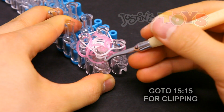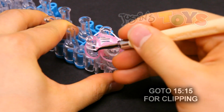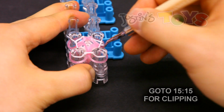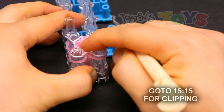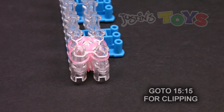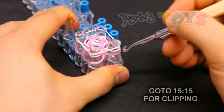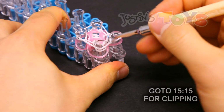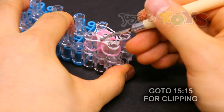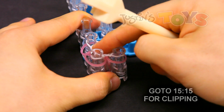1, 1, 1, 1, push down. And number 2, 2, 2, 2, 2, push down,